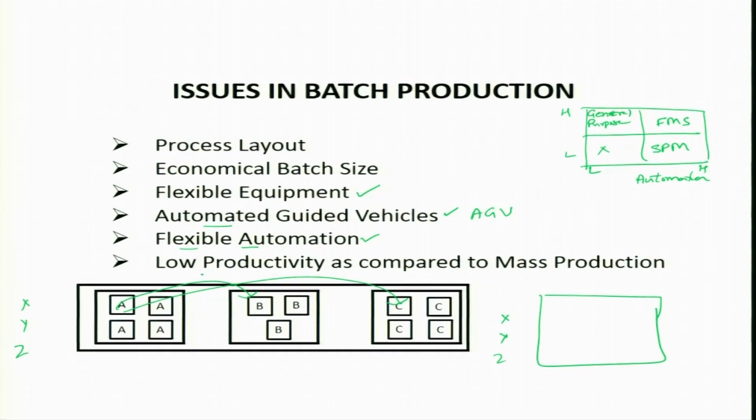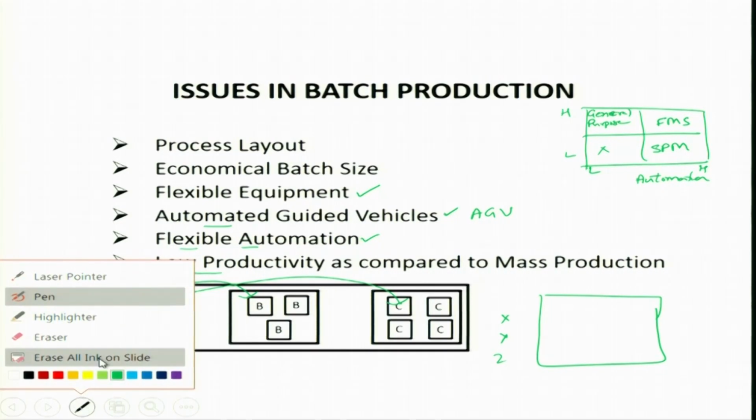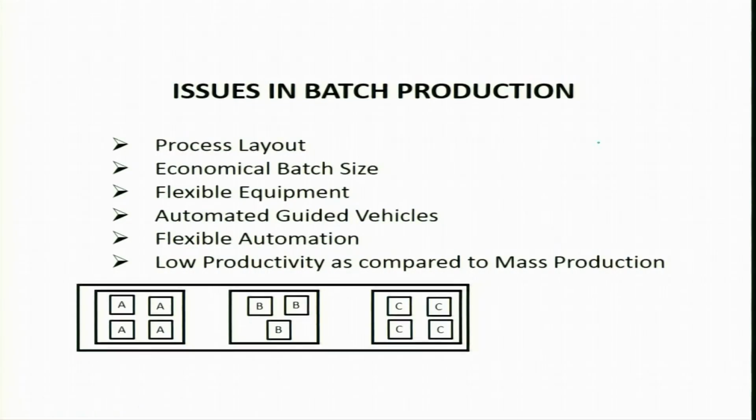Coming to productivity, the batch production system has low productivity as compared to mass production system, because you have to do the changeovers and other things, which causes a loss of time. And because of this there is another important observation I want to make here. As I said before, in the 1980s most of the systems were mass production systems because the variety was very less. As the variety starts increasing,